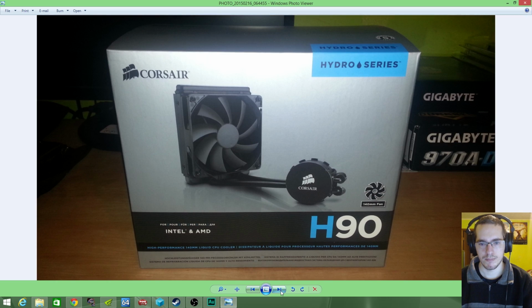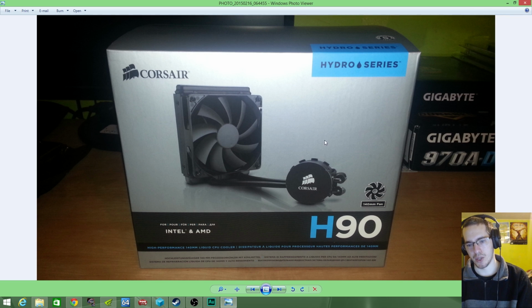obviously. Then the Corsair H90 itself, my grandfather's actually using one of these to cool an i7 950 and an EVGA X58 motherboard, and it does pretty good. I don't like the noise that comes with some of these kits. I don't know if it's with all of them or if this is just a little quirk